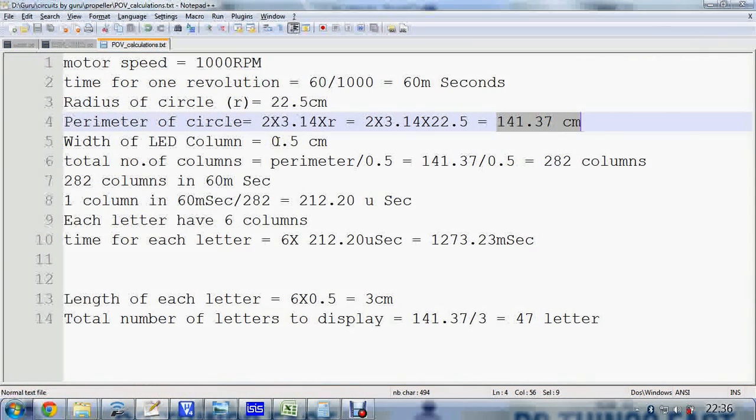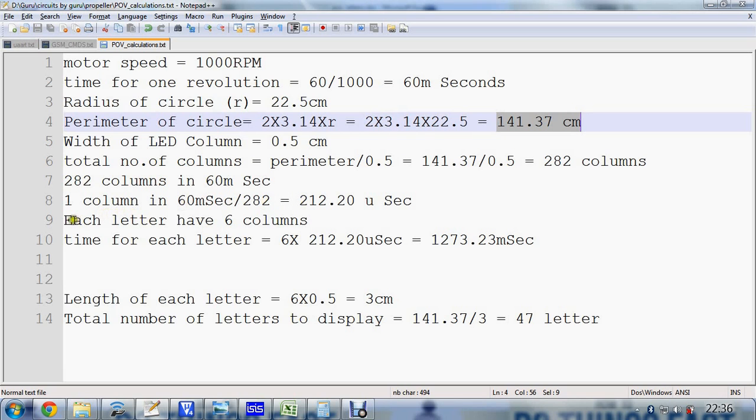The total number of columns in my perimeter will be the perimeter divided by 0.5 centimeters, that is 828 columns. So I have 828 columns for the 60 milliseconds. So one column will take 60 milliseconds divided by the number of columns, and I am getting 212.20